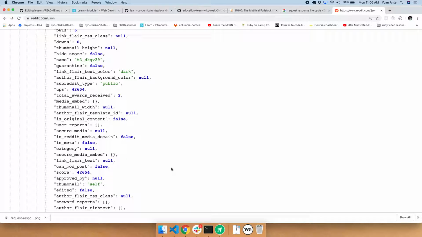So we're getting back essentially what looks like a nested hash. Now an API essentially just gives us all this information that we can use in our program, in our CLI application. There's different tools that exist out there for that. And Reddit.json is just one of them. We could also go to like